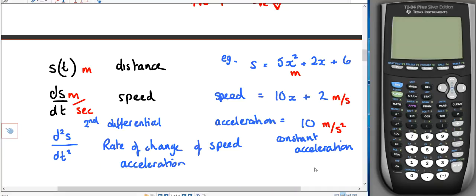I didn't quite understand how you mean it's constant. Because it's a number, it's always 10. It means my acceleration is always 10 meters per second every second. That's how much quicker I'm getting. It might be that acceleration also changes with time. So for instance, if I were to take